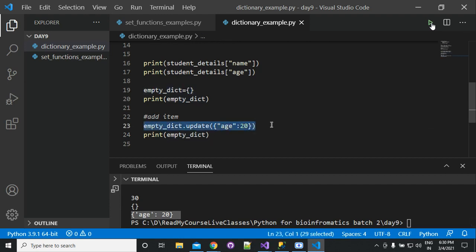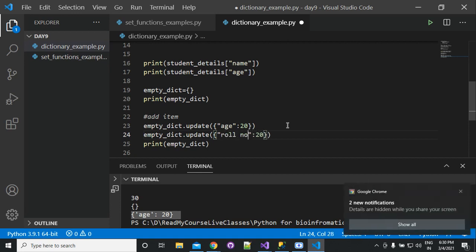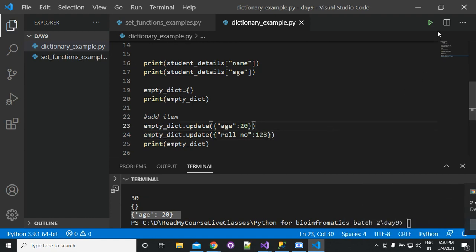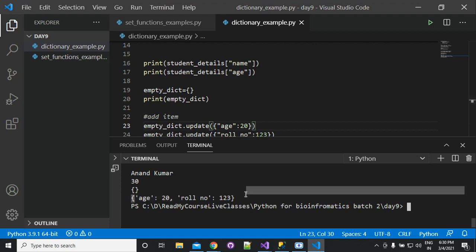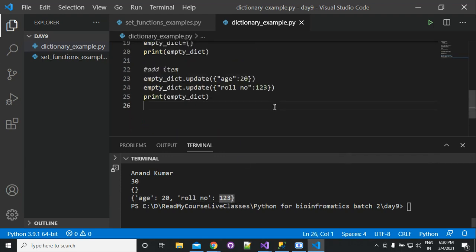Similarly, we can also write empty dictionary dot update, and suppose we want to add a roll number, 123. Now you can see there will be two items in this dictionary: first is age 20 and roll number is 123.